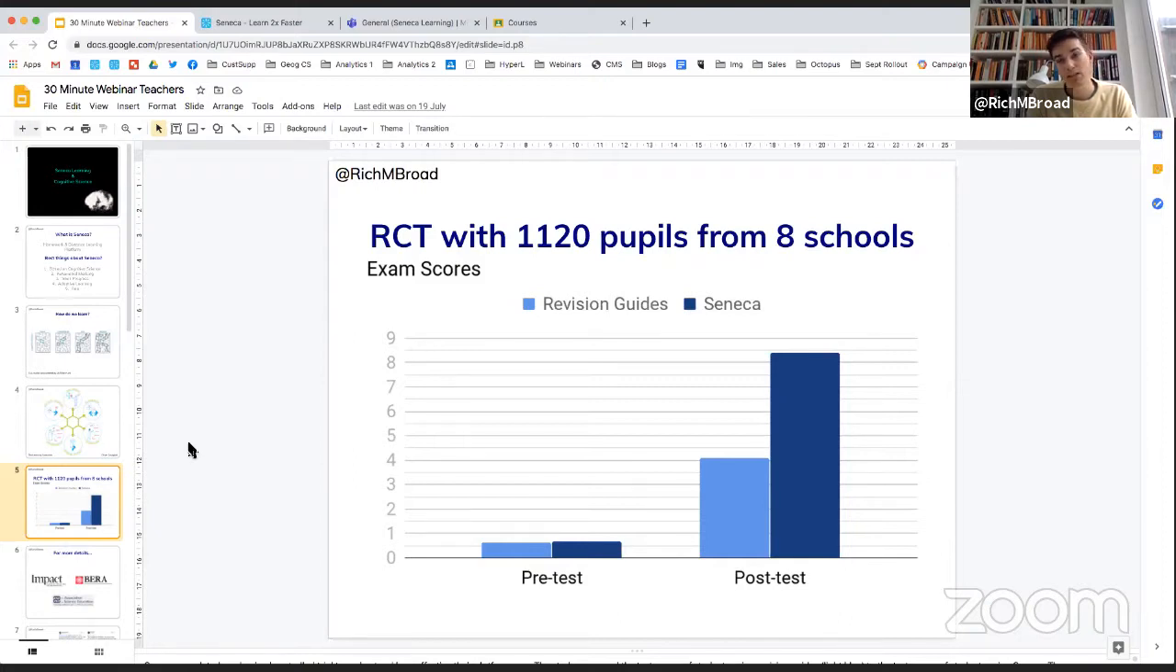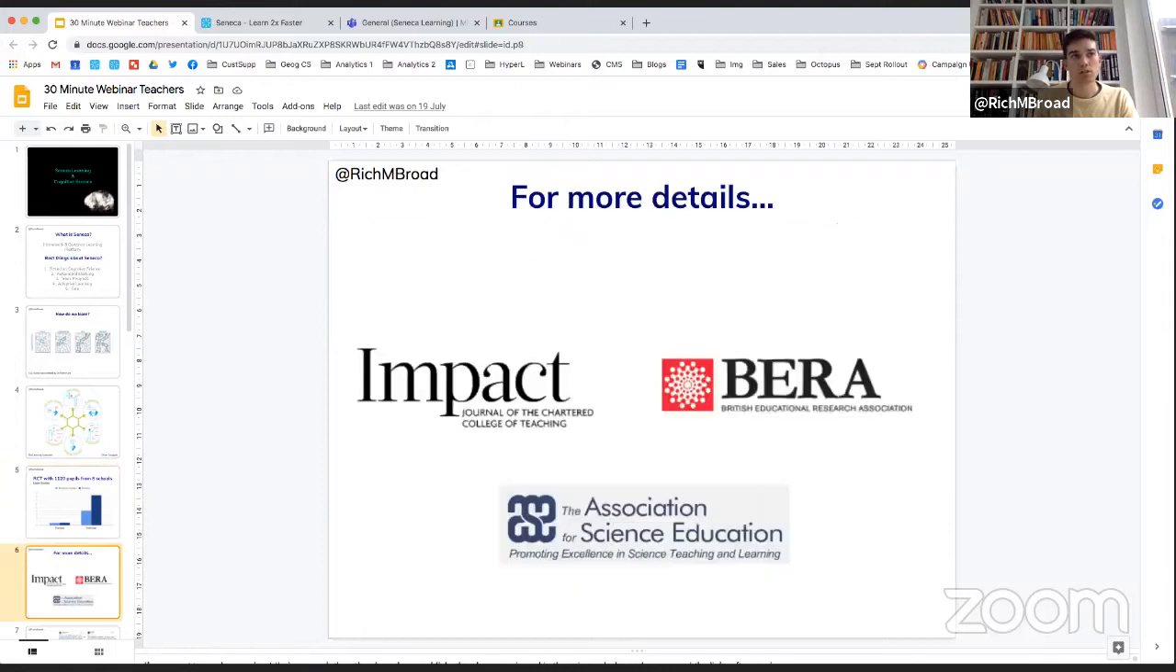So we see that as an effective validation that our use of Seneca, our use of these strategies and these theories, is effective. If you want to read more about that, it was peer reviewed and published, so you can read about it in these journals. I recommend you go and do that. And obviously, if you have any questions about it, do feel free to ask. In terms of what we have now,